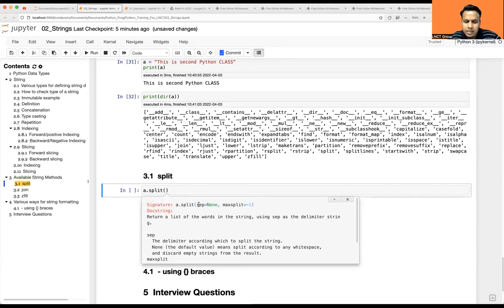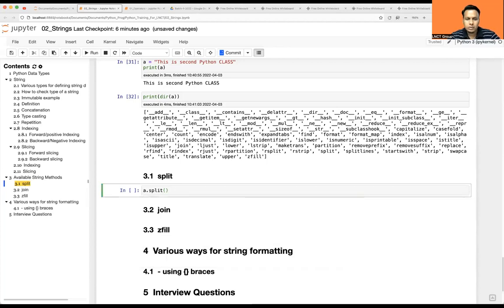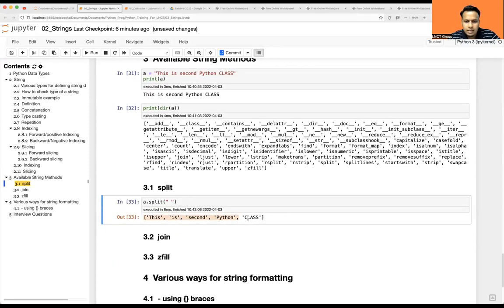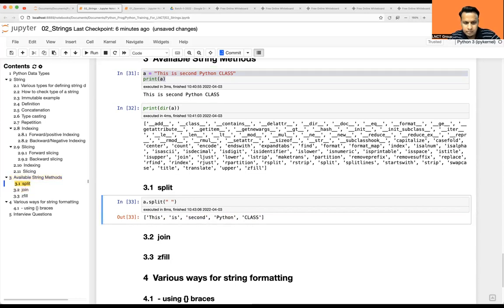What it does basically, you need a separator. How do you want to separate out all the characters? And maxsplit, if you don't want to limit how many splits there should be, you leave it at -1, which means it is going to split for all the given words. It is going to return a list of all the words. So I want to separate them with the help of space, because I know space is there. If you run this, it returns a list of all the words. There could be some cases where, let's say,